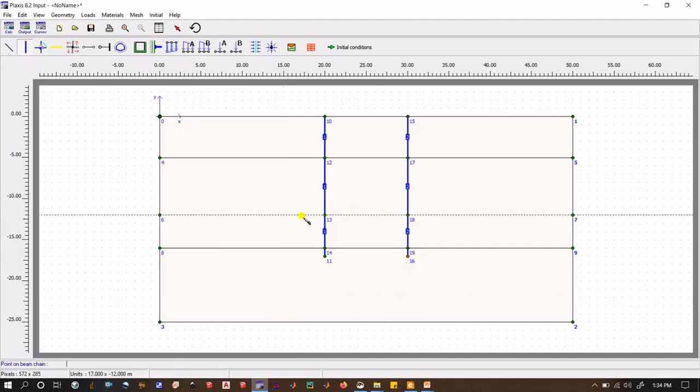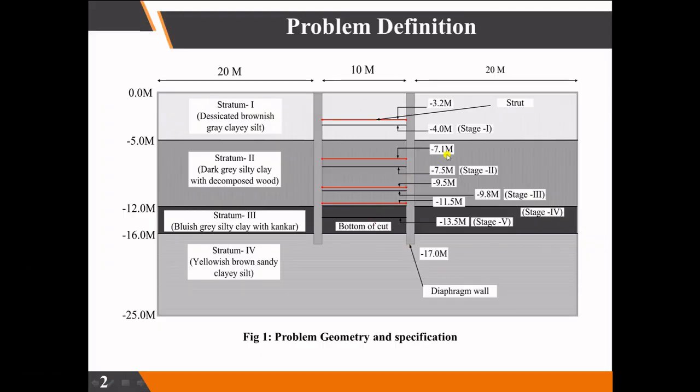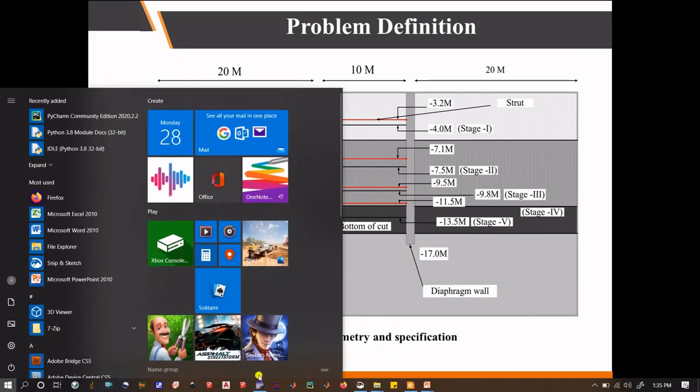So the first one is at 4 meters. I'll again take this geometry line. I'll go for 20, minus 4, and here it will be 30, minus 4, and the second one was 7.5 meters, I guess. Then it will be 9.8 meters, stage 3.